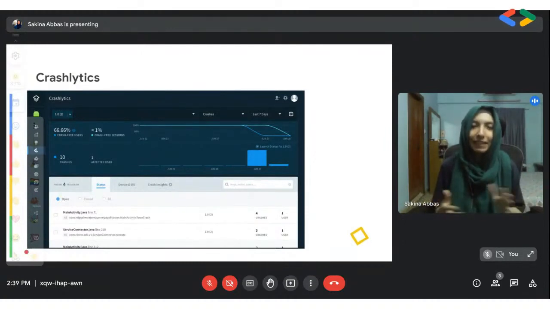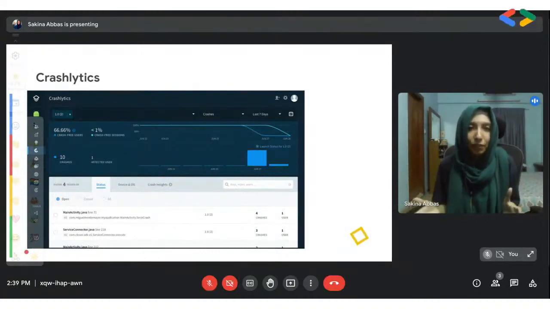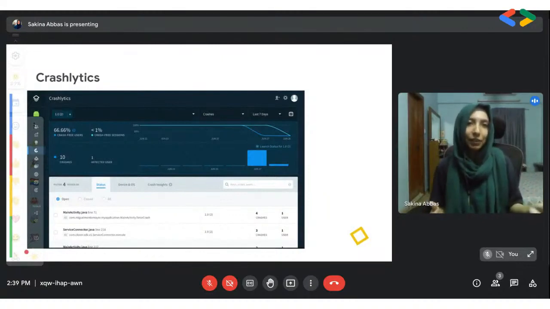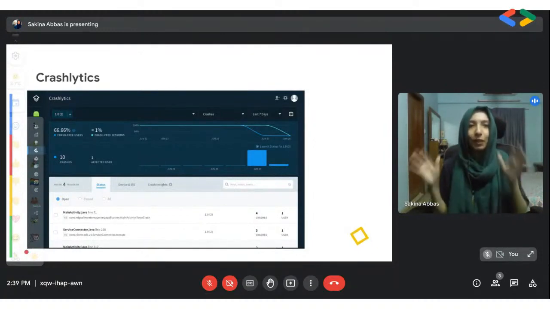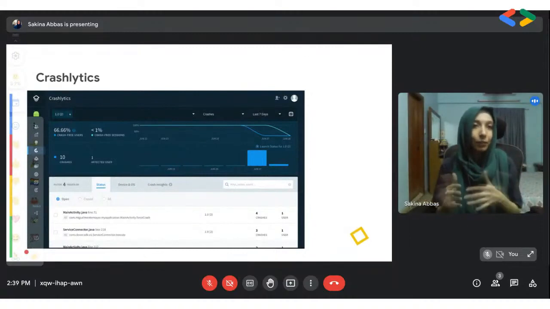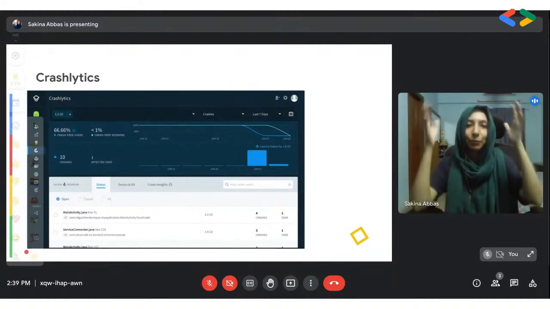It was with our client, and the application was crashing for some reason, and I just didn't know what to do. And of course, I tried wireless debugging as well, but for wireless debugging, you need to connect your device via the USB cable, at least for the first time that you're setting it up, right? So when all of these options had failed, I looked into Crashlytics, and lo and behold, it provided me